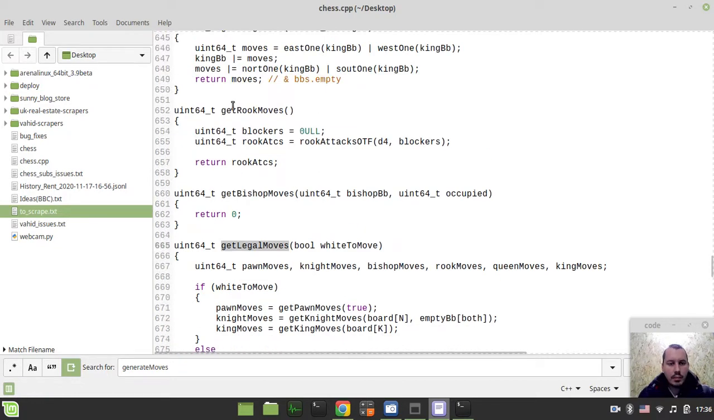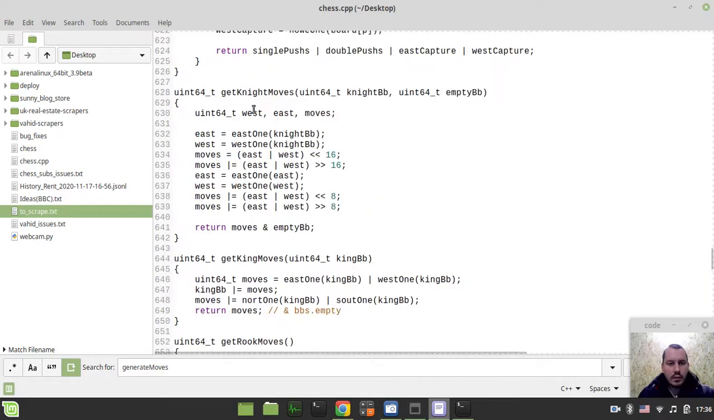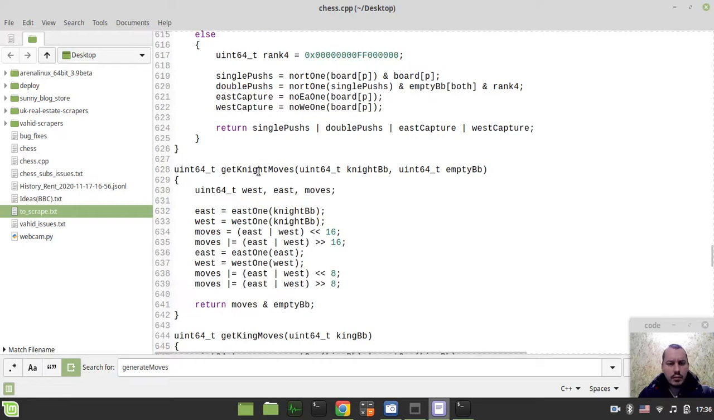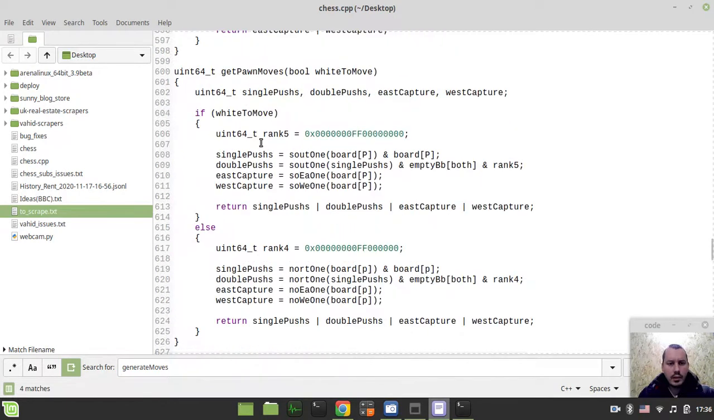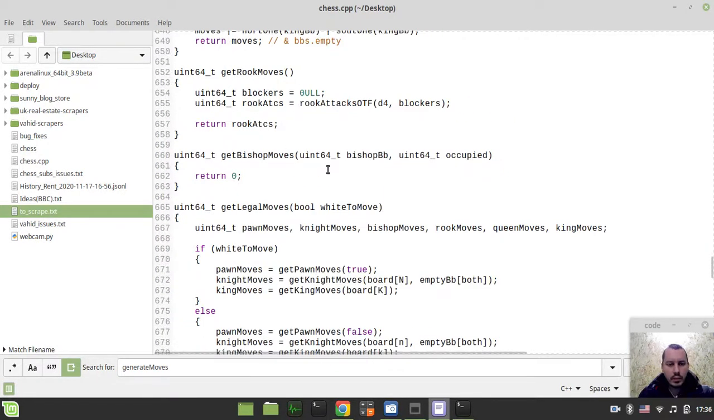Okay. So get bishop, get rook. So here it seems like he's referencing some pre-calculated attack tables at some point. Well, it wasn't really the question,